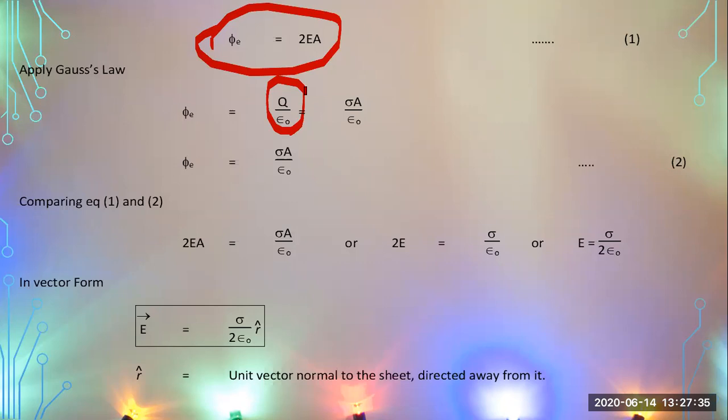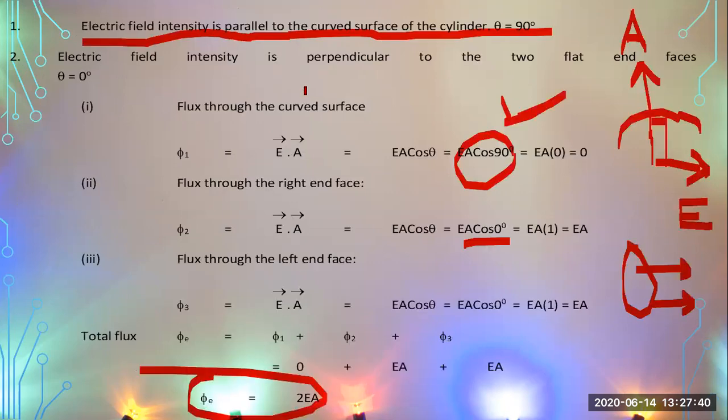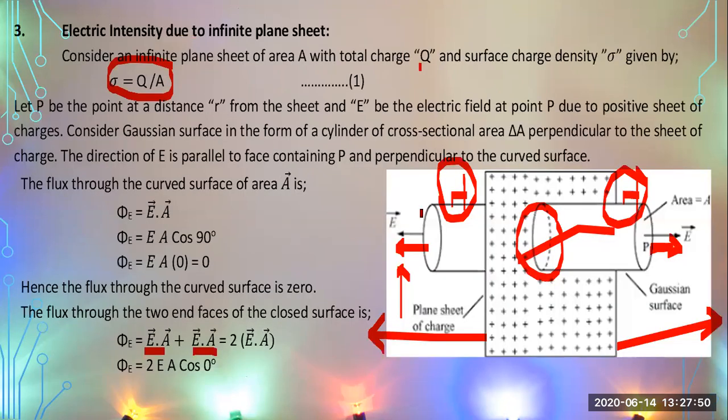What were the two main steps which you have considered? That was to consider a Gaussian surface, a closed surface, because you can't apply Gauss's law on a flat infinite sheet. So you have to consider a Gaussian surface. For that, you have considered closed surfaces on both sides of this charge sheet. You have applied the basic conditions of Gauss's law. Then after applying, you have calculated the electric field intensity for the infinite charge sheet.